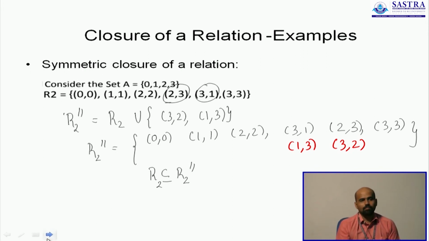With that, we will wind up today's class. We have understood a couple of operations on relations, the union, the intersection, the symmetric difference and the composition on a relation, and we also found out how to find the closure of a given relation. Next class, we will have a look at a few more problems of the same kind, and also discuss what is known as the transitive closure of a relation. Now remember, finding the transitive closure is not going to be as easy as the tasks that you have done so far. Thank you.